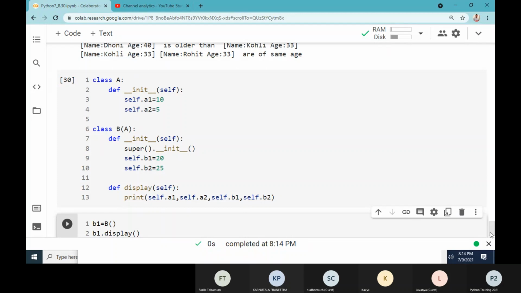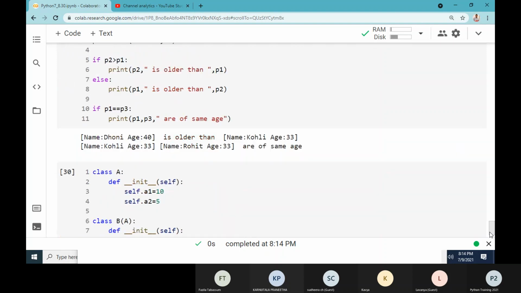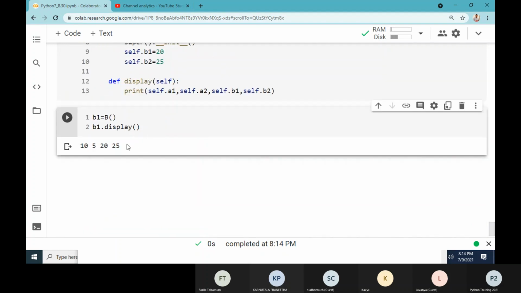So now when I call display, I'm getting all the properties A1, A2, B1, B2. A has A1, A2, and B is inheriting class A. So in addition to its own B1, B2, it is getting A1, A2. To initialize those properties, I have to call the parent constructor, which I'll explain. One thing you should know is that the properties of the base class or parent class will be made available to the child class. How are they made available? They are